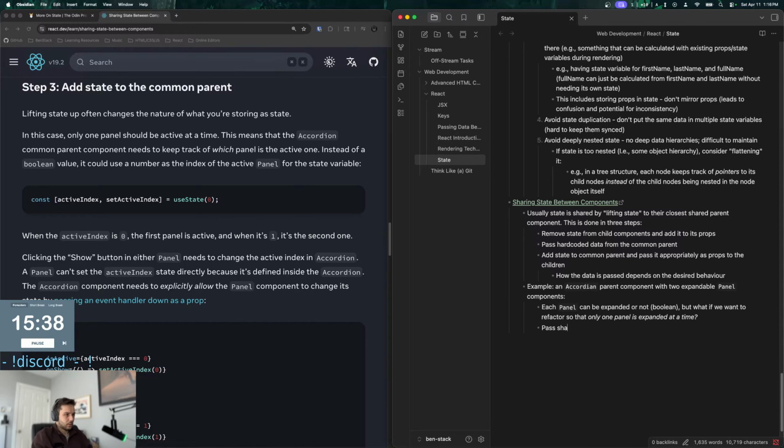Pass state to the accordion component and keep track of which child panel is active, and pass the active state down to the panels as props. I think that's good.